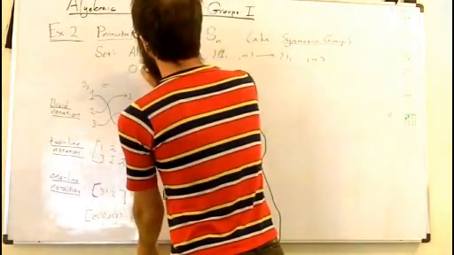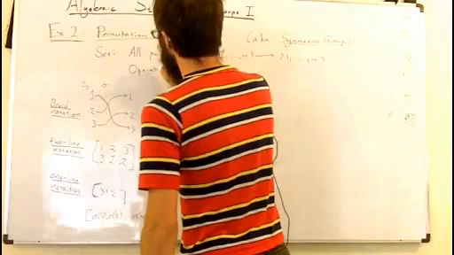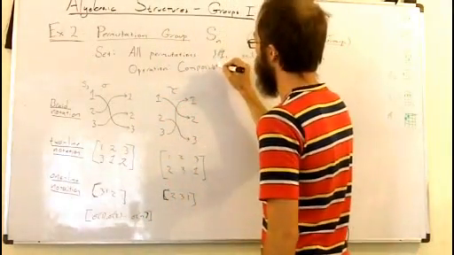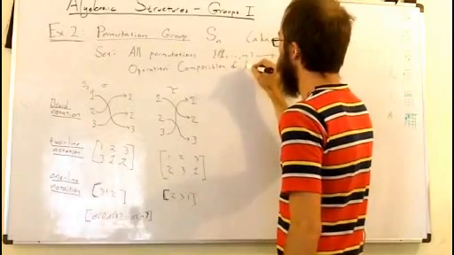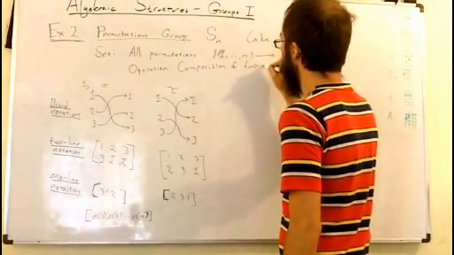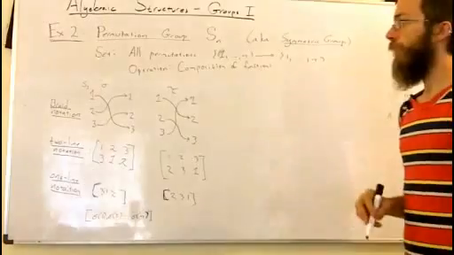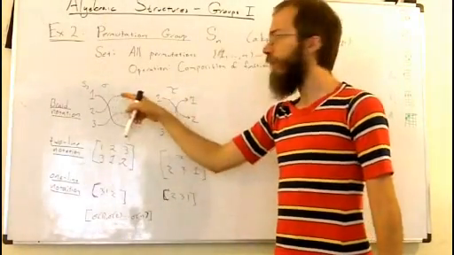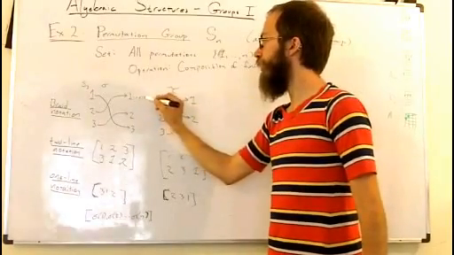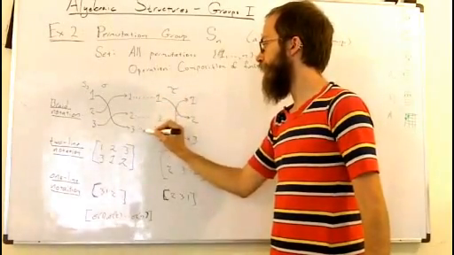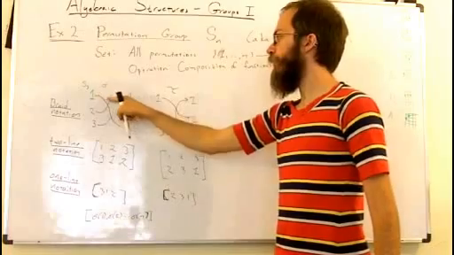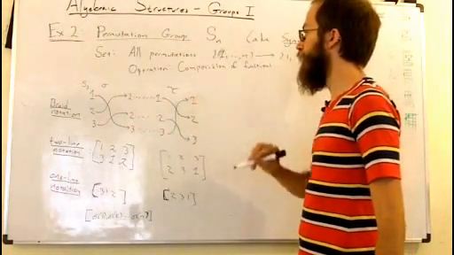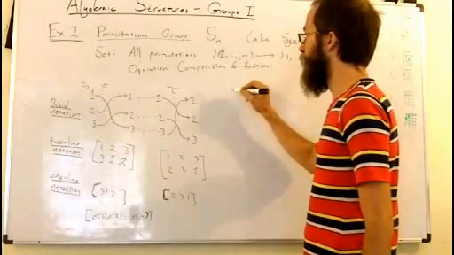Operation is composition of functions. So composition of functions. So if I wanted to do sigma and then tau, I just connect the dots. And so now I see where 1 goes under sigma, goes to 3, and then I see where 3 goes under tau, which is to 1. So then